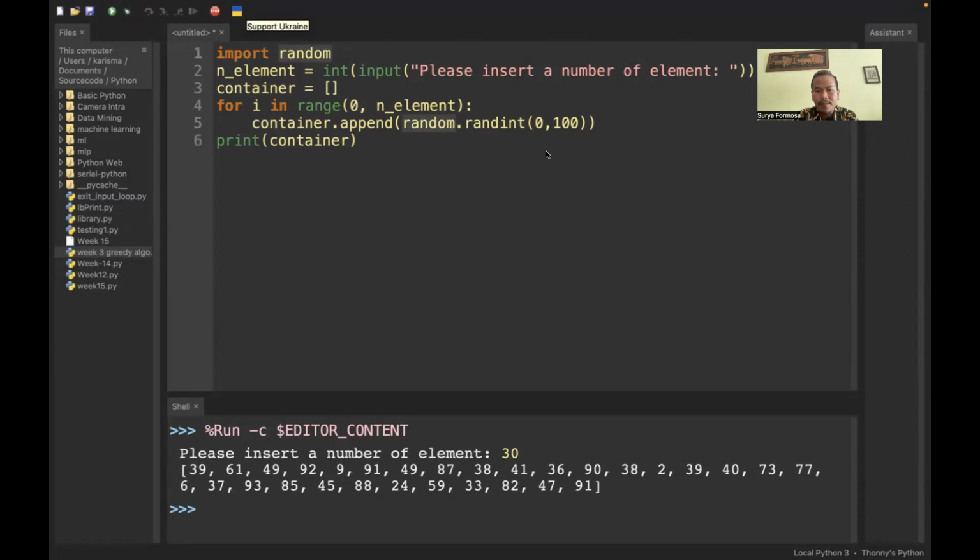After that, we can perform our algorithm to search a maximum number of data. Thus, this is our searching algorithm, right? Actually, in Python, we know about the function max. Max number equal to max is an already defined function provided by Python. Okay, max container